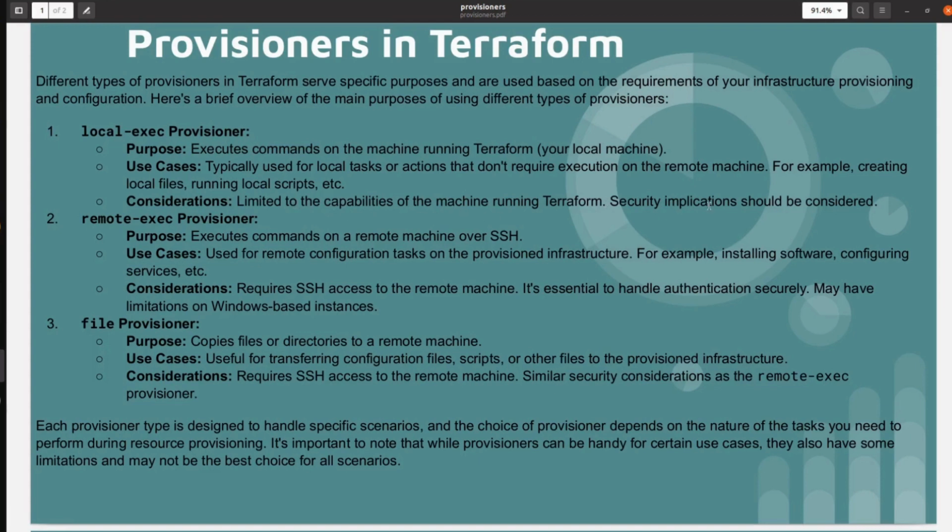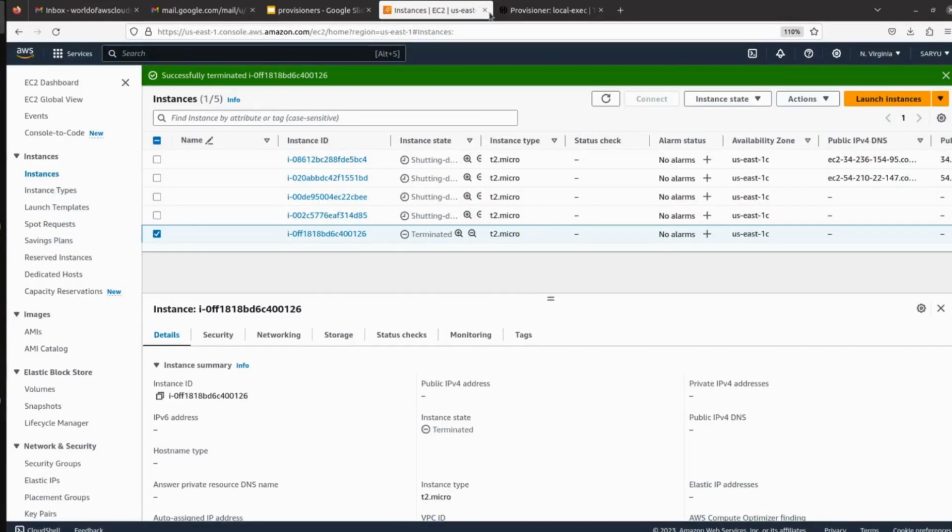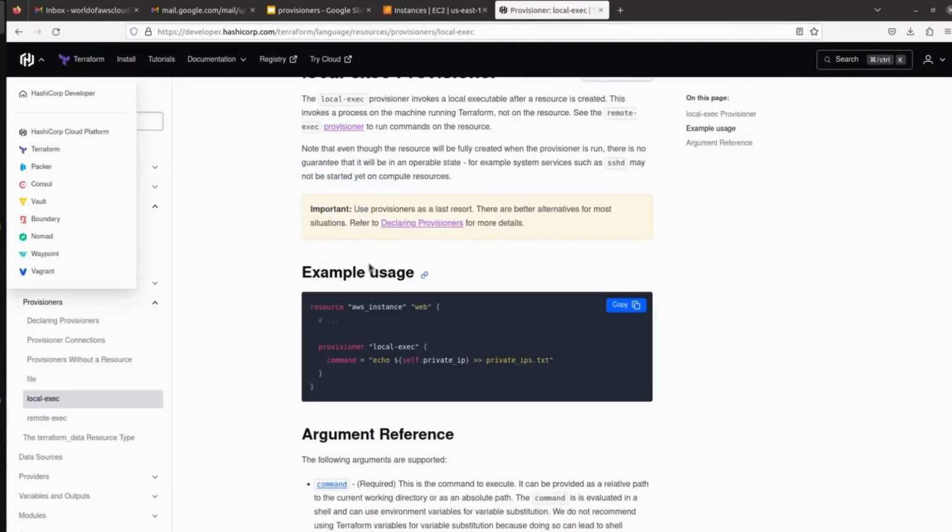Security implications should be considered, so whenever you are working with local-exec provisioner, you have to consider your security concerns here.